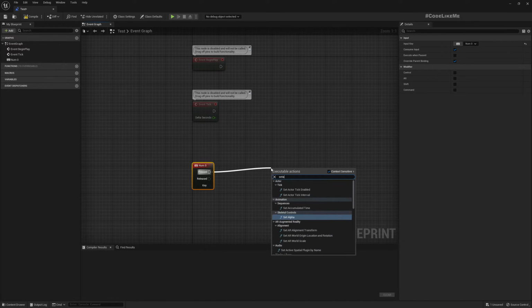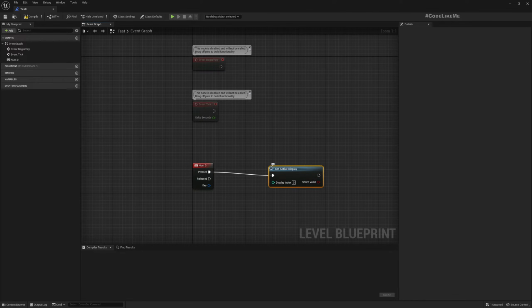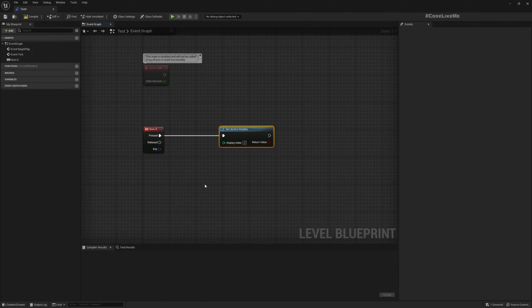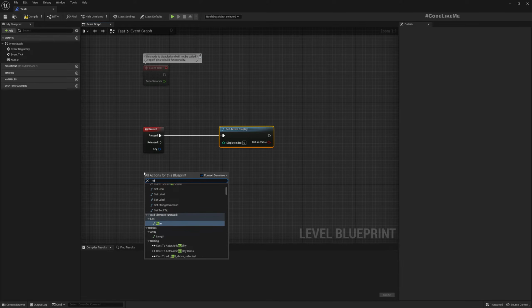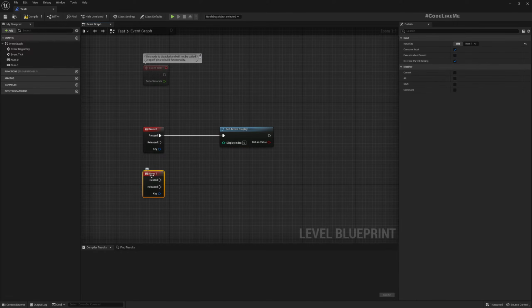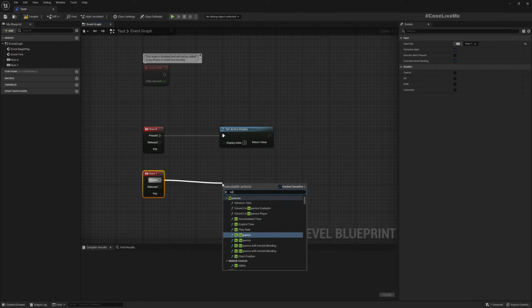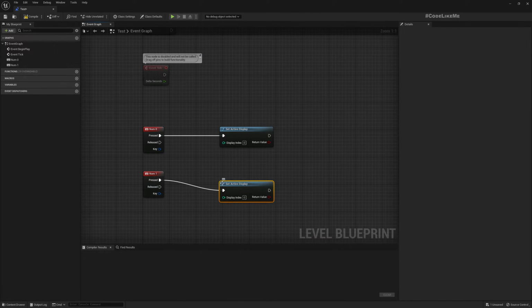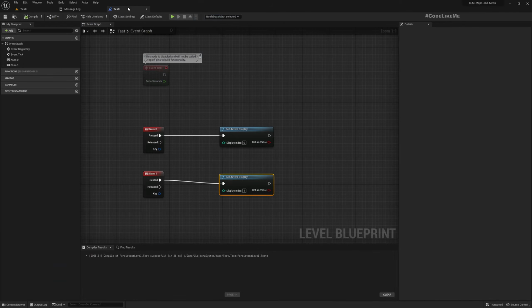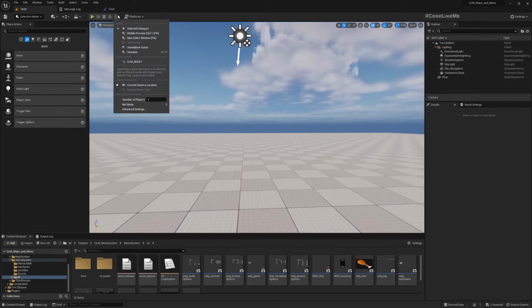Here set display to 0 and num1. Set to display to 1. Right. Now if I